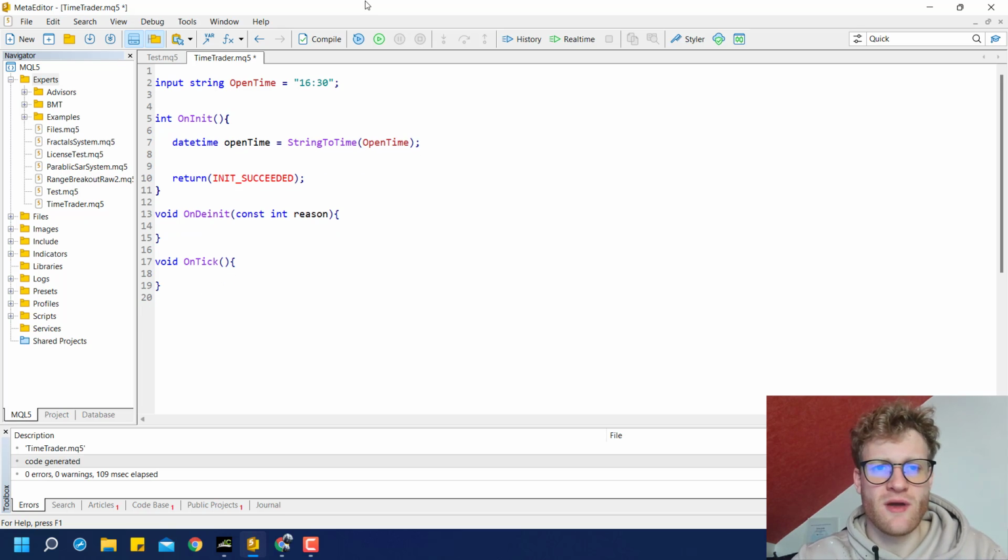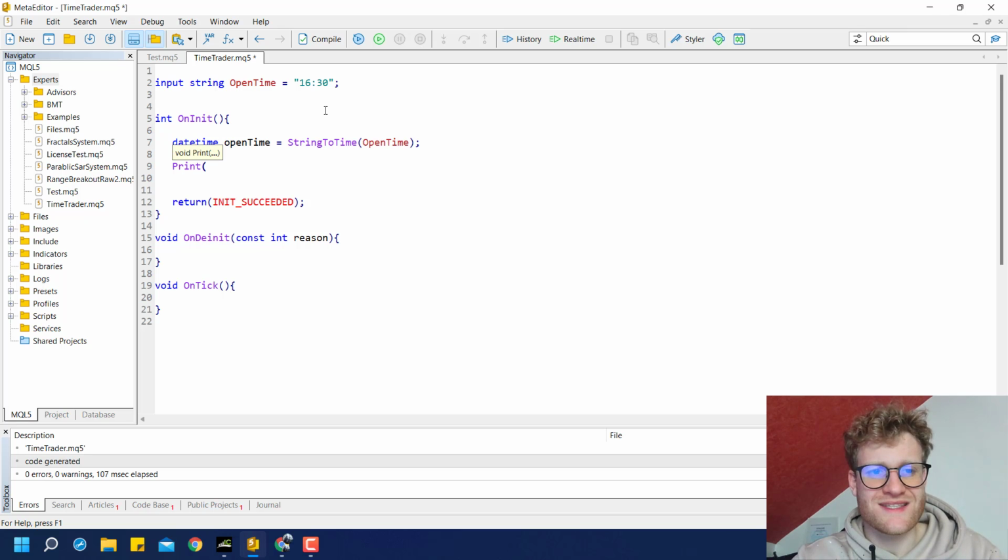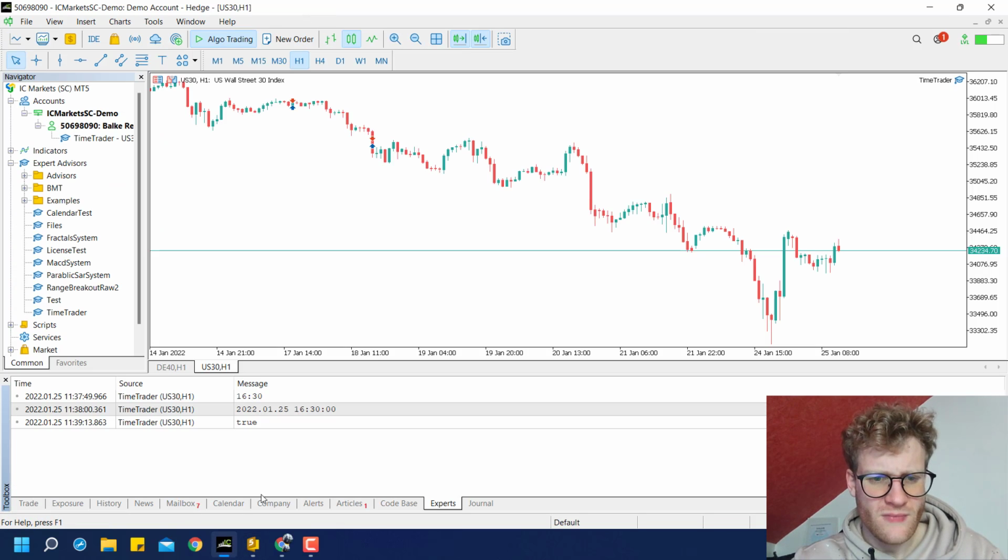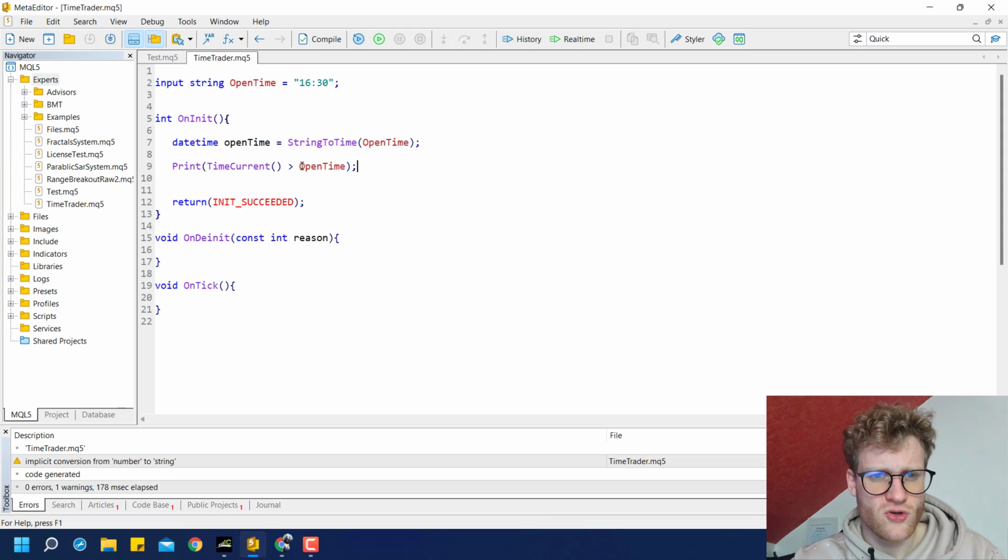Because the datetime format is the format that we will then need for our calculations and for the condition check if we reached this time. Because what we cannot do is say, for example, the current time is greater than the open time like this. I mean, this should not work. If we compile this, it says true, but